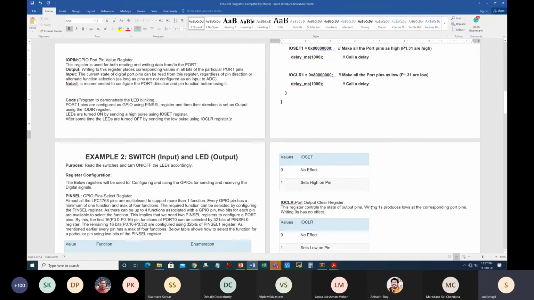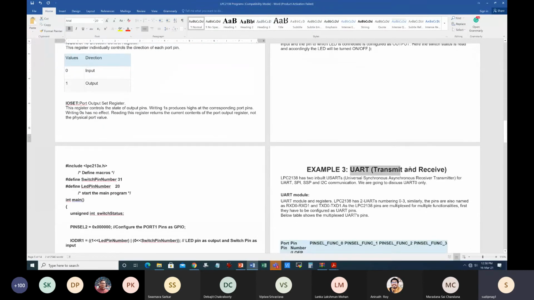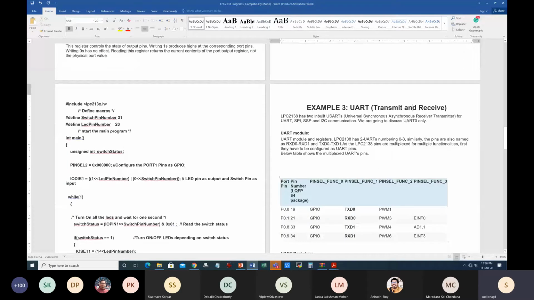Now I have many other things in this document, such as switch input, which is again a modified version where the switch means input should be given, and while reading the input I should configure an output, which is an LED. For that we have to use the IO pin register, from where we will get the value. This is another slightly difficult code, but it is similar. UART, SPI or I2C are more important. It is slightly more difficult than 8051. You have to study a lot more information over here.